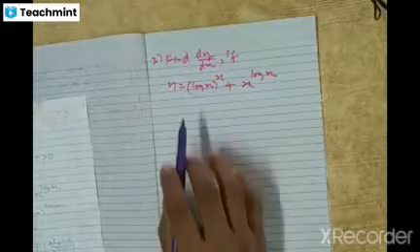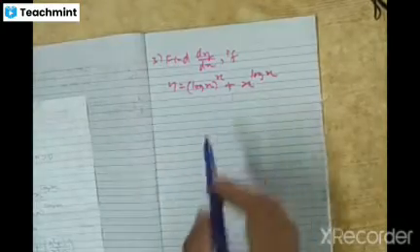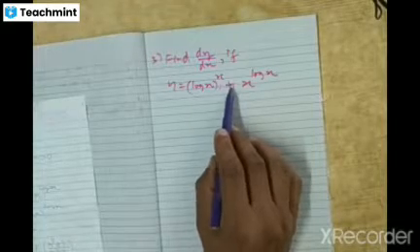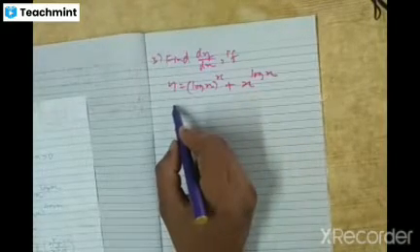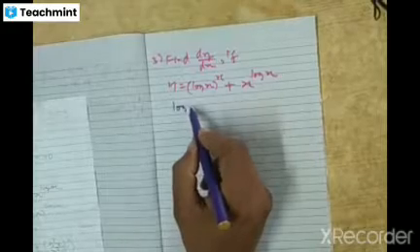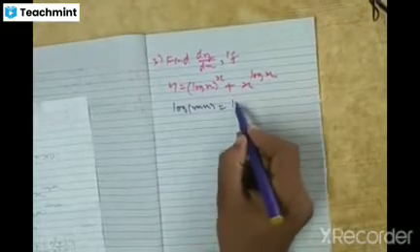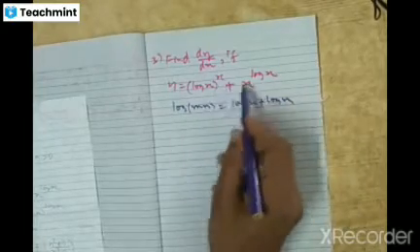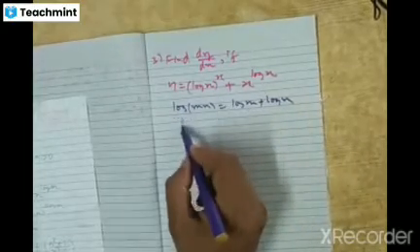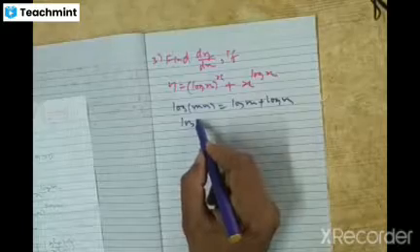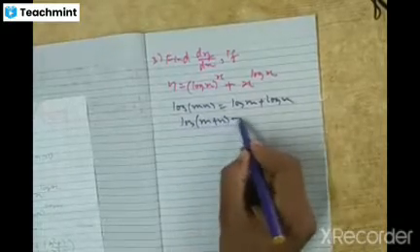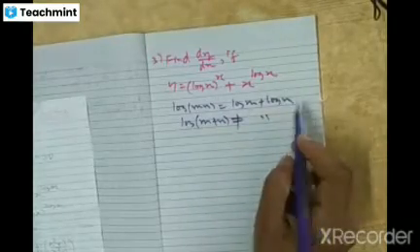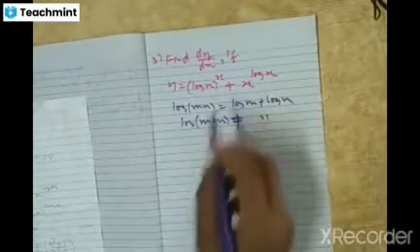Here don't take log on both sides directly, because here we have addition sign. See, log of m into n is log m plus log n. But you cannot use this property, because if you take log on both sides, the right hand side becomes log of m plus n. But log of m plus n is not log m plus log n. So you cannot take log on both sides. It doesn't help you. Then how to find dy by dx?